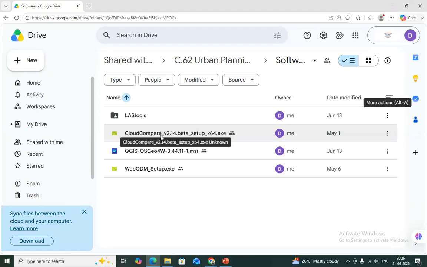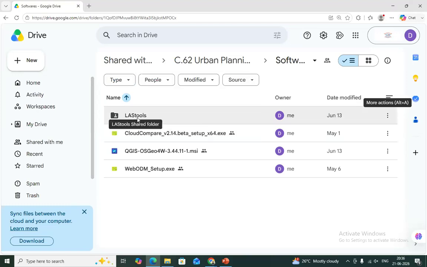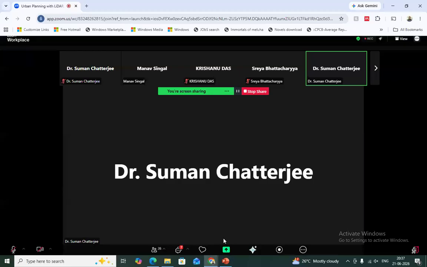CloudCompare is really simple. You can directly double click the exe file and it will ask you for next, then it will be installed. But for LASTools you need some assistance on how to install this software. So please let me know whenever you have downloaded LASTools and CloudCompare.